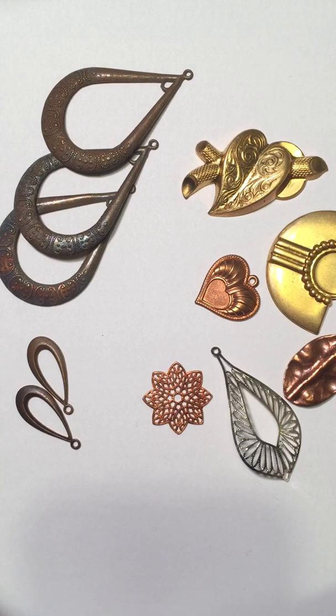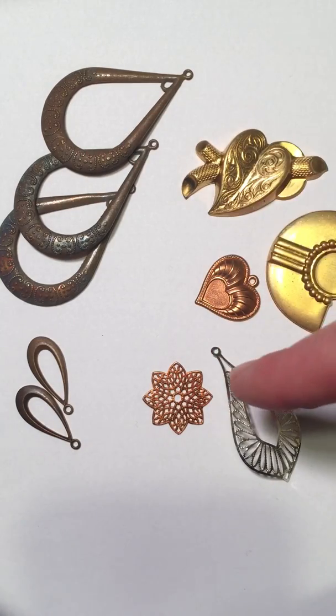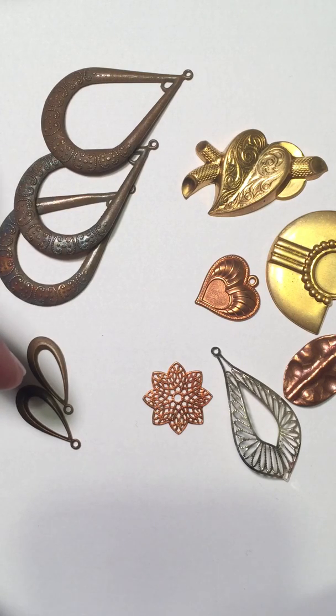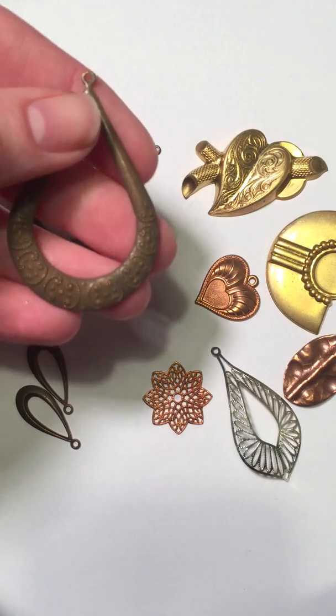All right, so I am going to show you guys how to clean brass that's been oxidized and how to oxidize brass and tombac and copper and silver and stuff that is raw and super shiny and you want to give it a more antique look. So basically what I've got over here is 5 pieces that are naturally oxidized. They're old, so they picked up a patina. And the first thing I want to show you is you don't necessarily have to clean them to bright,